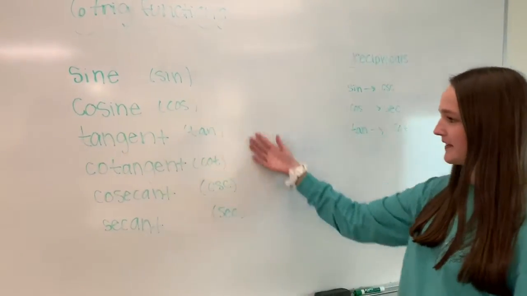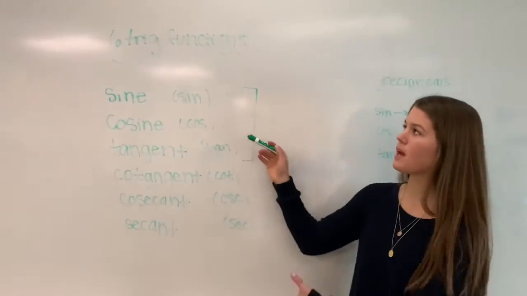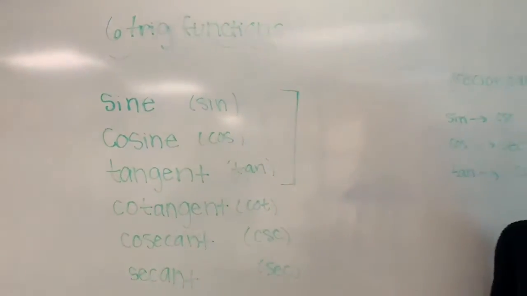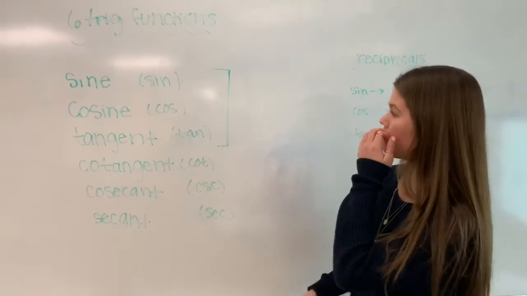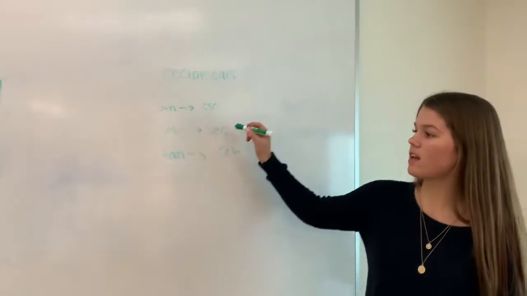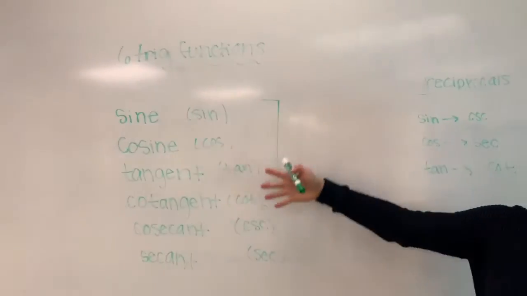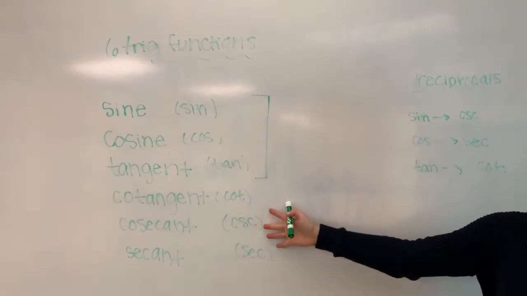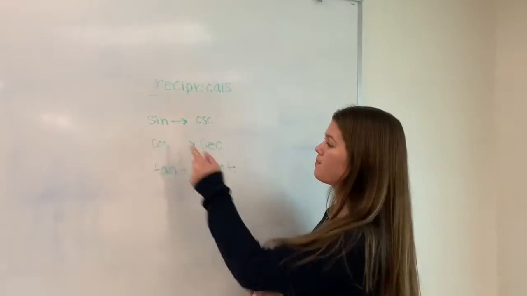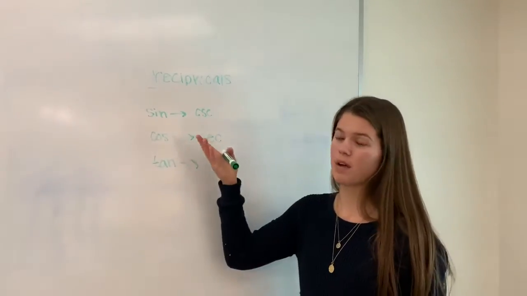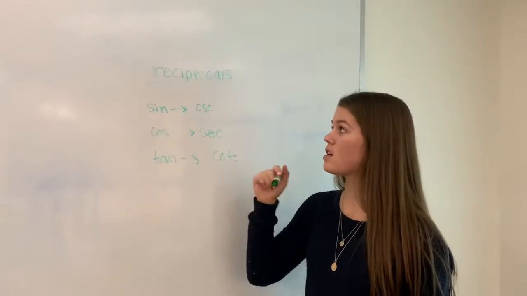And these are their abbreviations you'll use. So these are the 3 main trig functions, and it's important to know that tangent is sine divided by cosine. And over here you can see that each one of these 3 basic ones have reciprocals, which are the 3 down here. So cosecant is the reciprocal of sine, secant is the reciprocal of cosine, and cotangent is the reciprocal